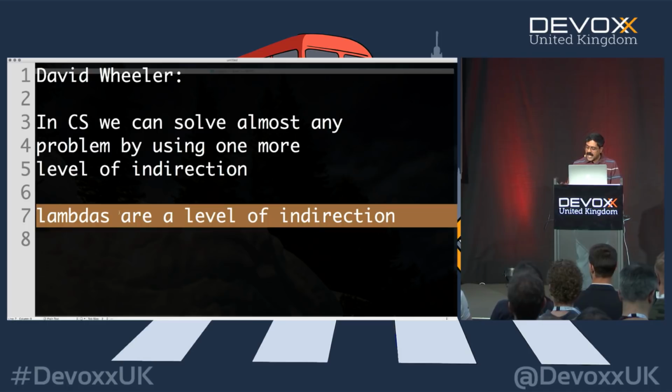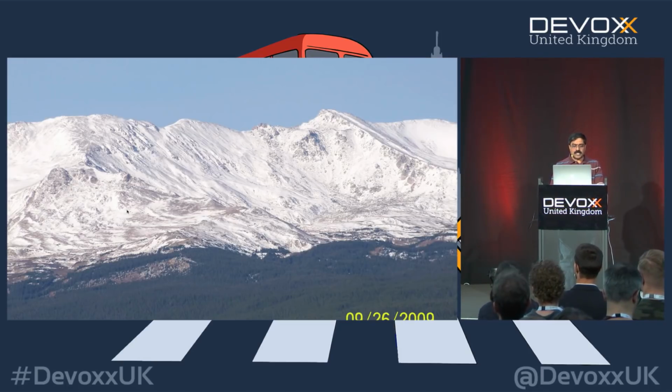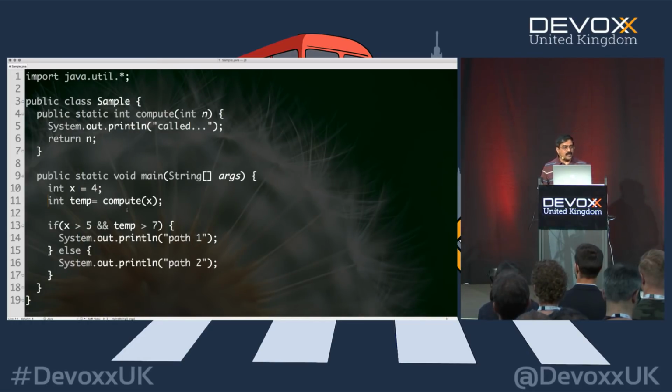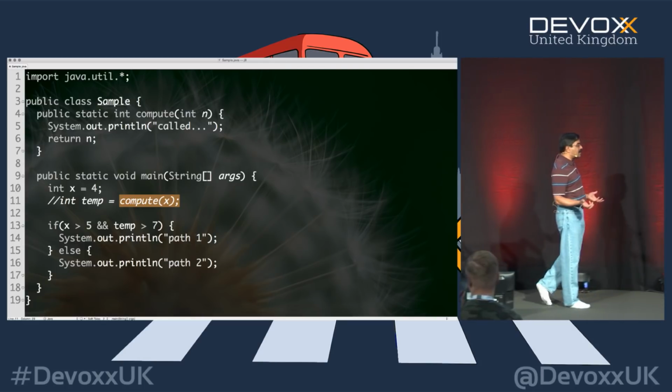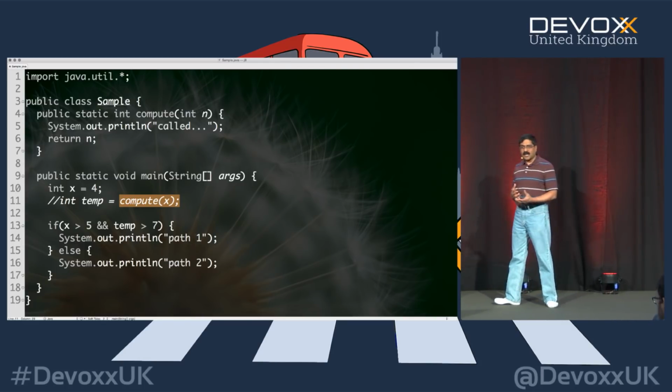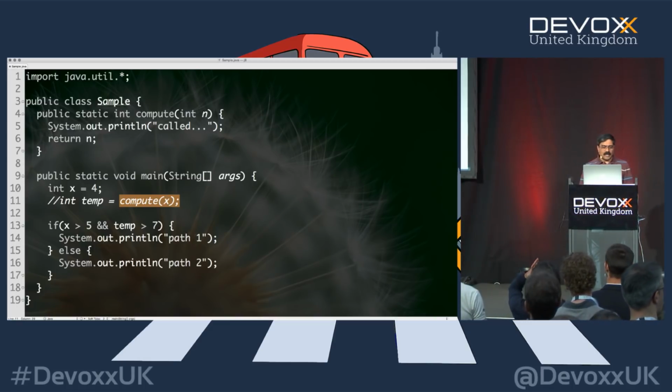Let's take a look at how that actually works with a little example here in the case of Java. Let's say bye to Scala right here, switch over to Java. So what I'm going to do here in the case of Java is, notice this line number 11, we are immediately calling the method compute. That's applicative order right there. We're applying the function compute, immediately calling it. But instead we are saying, hey, you know what, let's not really eagerly call the compute method. Let's postpone it to a later time.